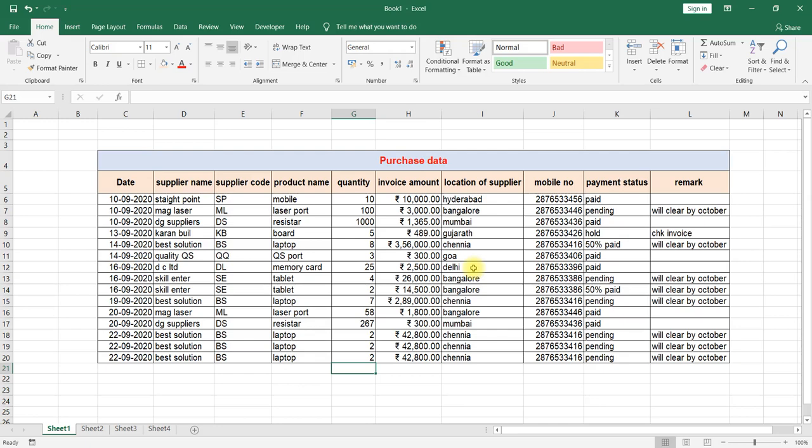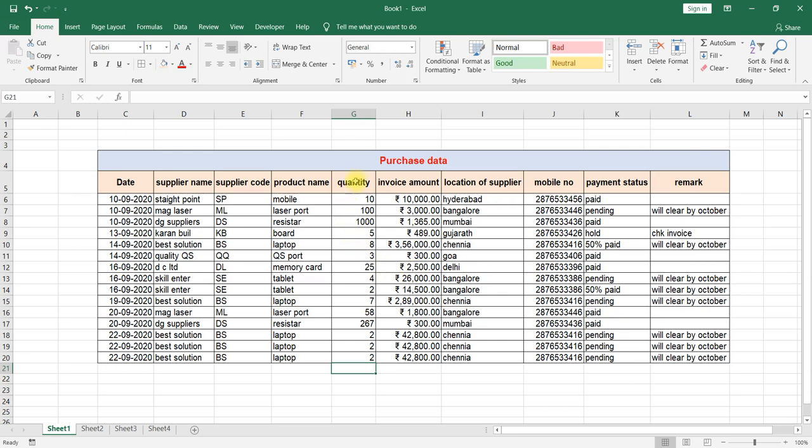Now, you already understood how to create data, how to format the data, how to insert additional rows and columns, and how to change the format of the data, in the sense of number format, date format, everything you have learned. Now, why are we using Excel? Most of the time, we are using Excel for calculation purposes.